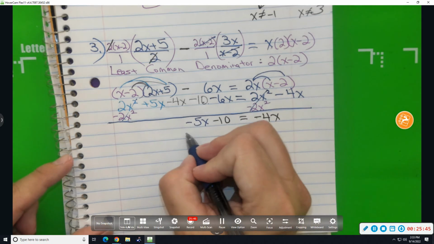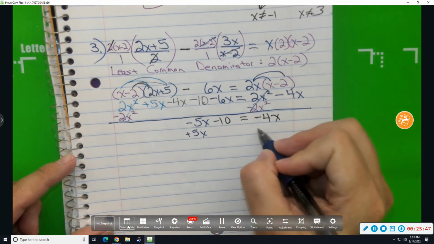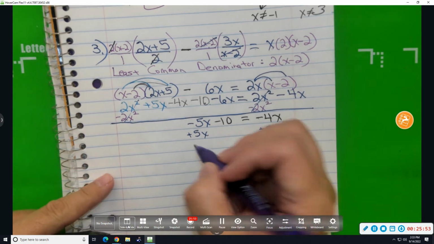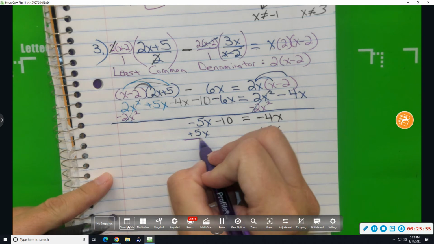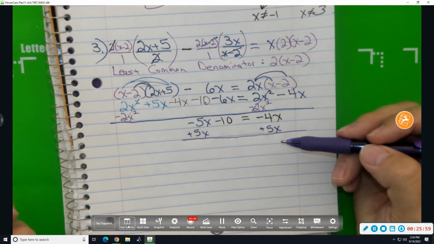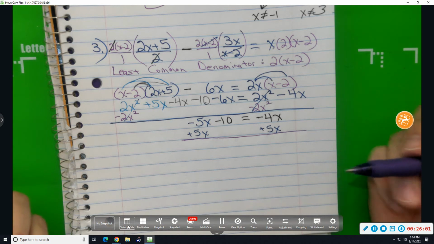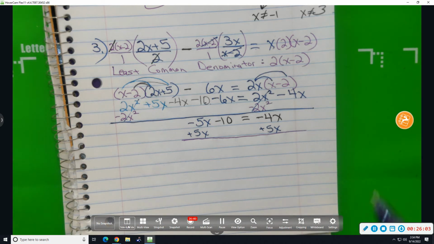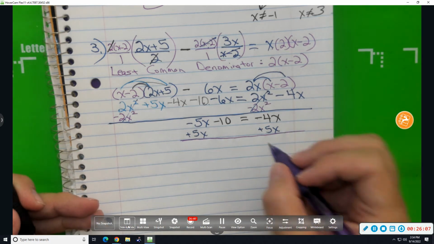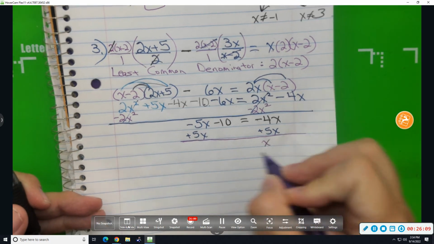If we go plus 5x and plus 5x, I sure hope that I haven't dropped a sign or something, because this sure seems to be working out nicer than I was expecting. Negative 4x, and of course, if I did mess up, Tony chose that moment to walk in. Negative 4x plus 5x gives me 1x equals